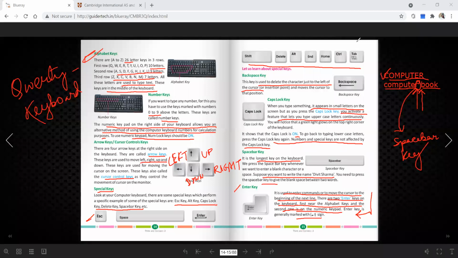Up to this, keep a nice reading. I am saving this picture. I will send these things also. Give a nice reading, all of you. If any question is there, ask me.